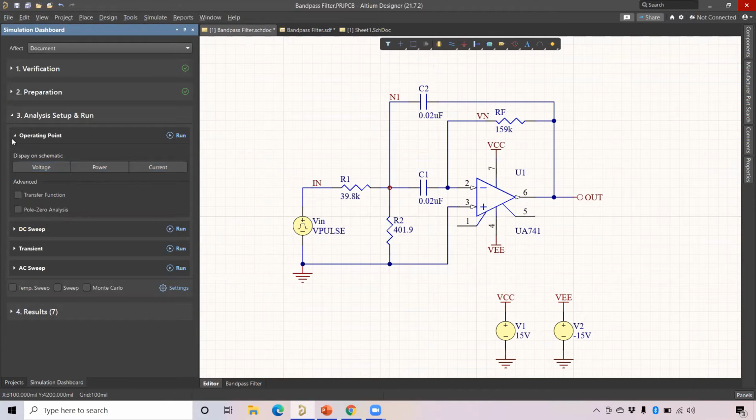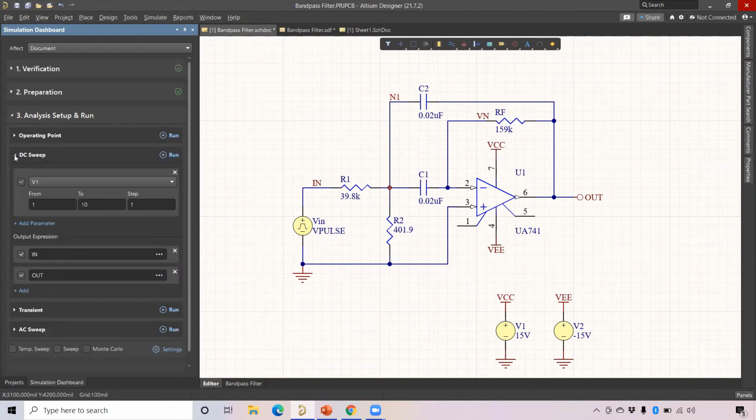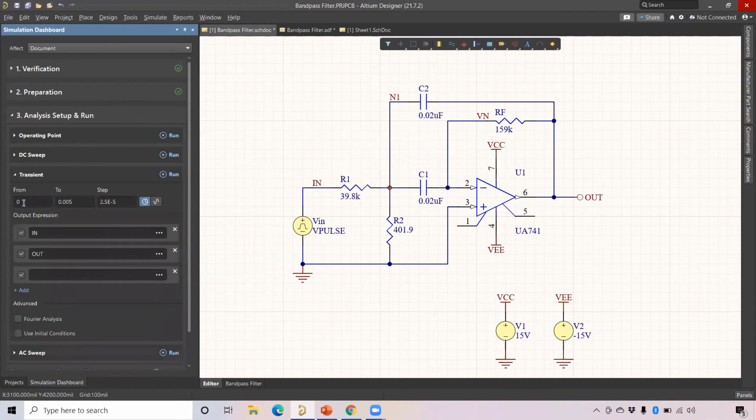Then coming below, you can also go for DC sweep analysis. For DC sweep, I'm going to run from 1 to 10 in steps of 1. Then I can run the transient analysis. As I told you, I'm going to run the transient analysis to give the high resolution output, varying from 0 to 0.005 with this step, to get more high output. Very good output. So with high resolution of my design, I can find out the transient response, how the transient response works step by step in my circuit. All these I'm going to determine.